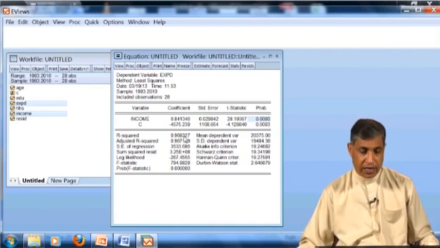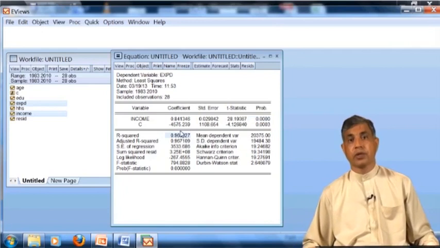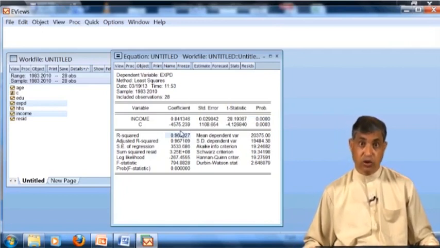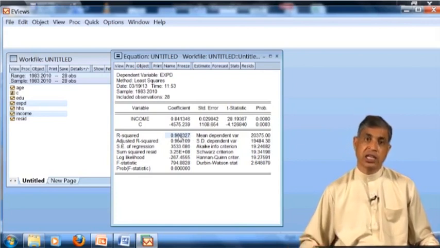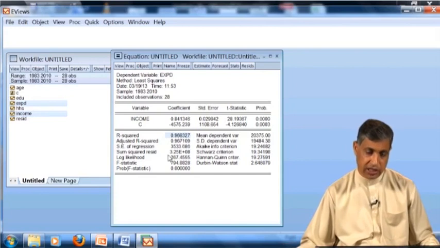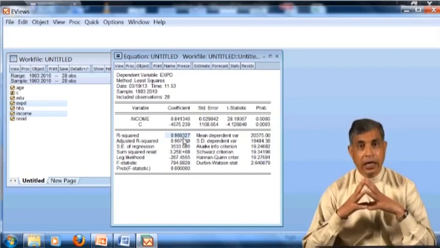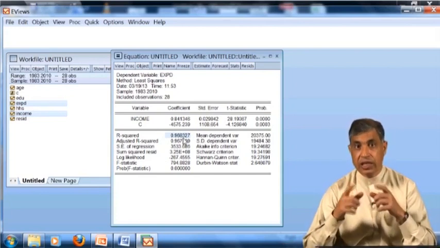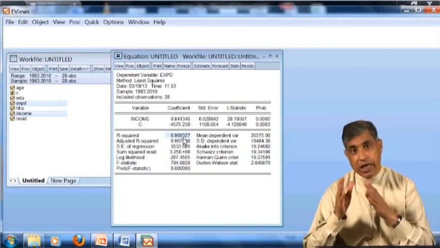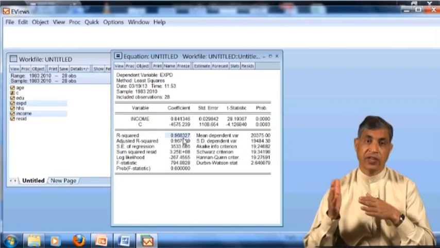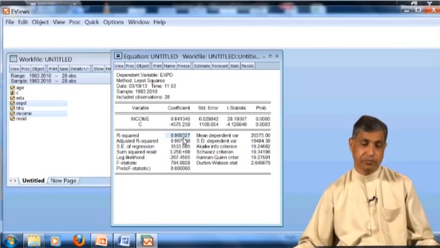Now if you come here, this is your R square, a very high R square. You should be happy that you have a very high R square. This means that almost 97% of the variation in the dependent variable, that is the consumption, is explained by the independent variable, that is the income.